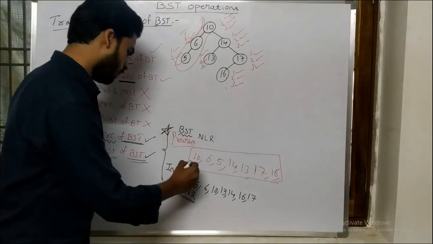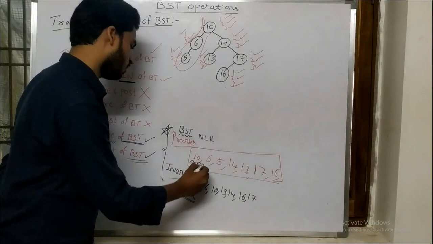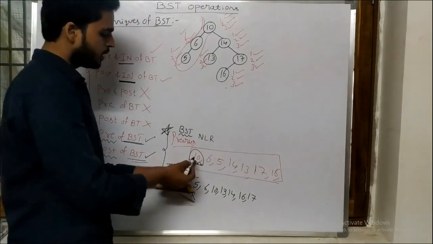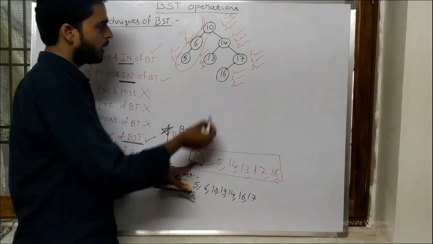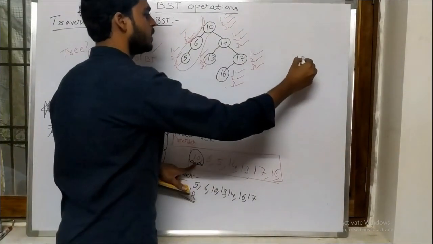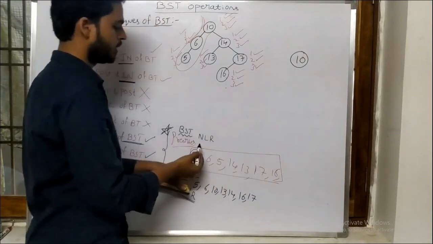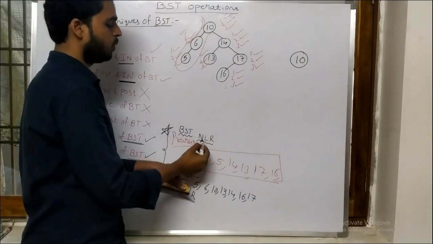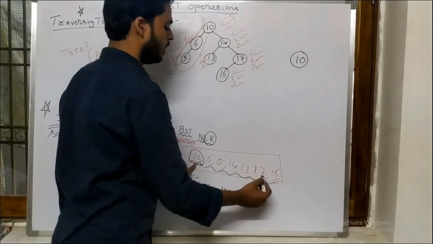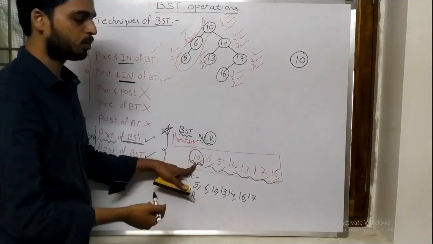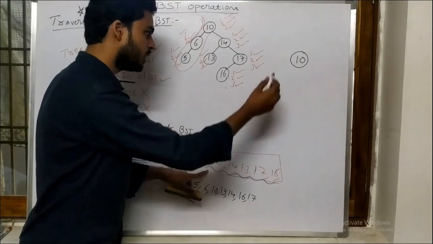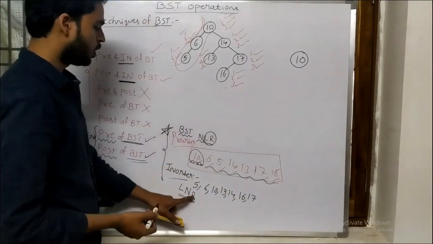You know, in pre-order the node is here, 10. The node is 10, right? Meaning that this is the root node. Whenever I am traversing first time, this is the node. So I can say that this is my root node from this statement, NLR. But we don't know which elements of all these are left or right. This procedure I will explain, but once again I will explain. If you want to know which element is on the left part of this tree or which elements are on the right side of the tree, then we have to move to this particular location.